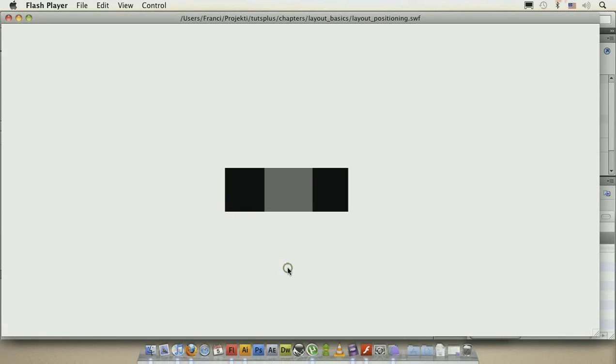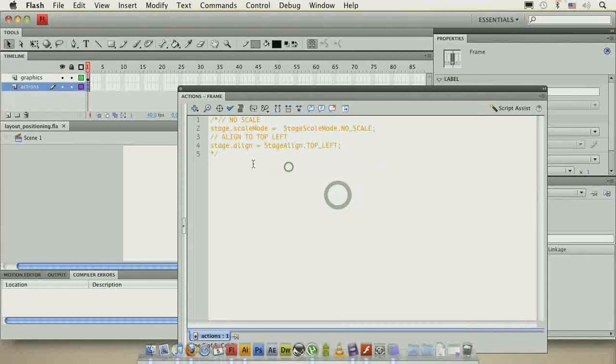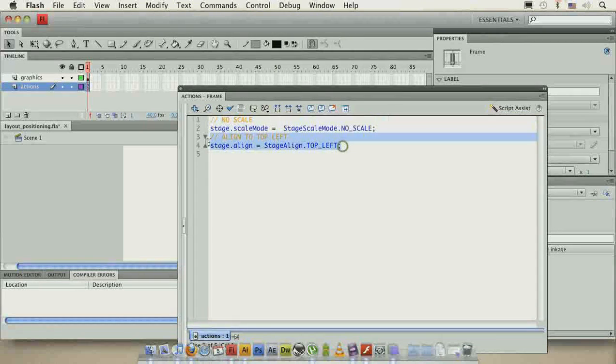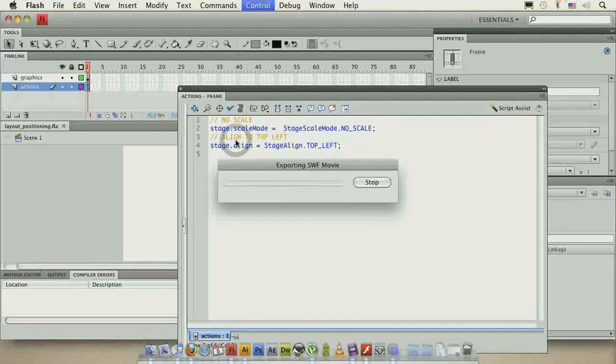So we want basically all the scaling or repositioning to be specifically programmed for a specific item at a specific time, right? So the way to do that is to add these two lines. stage.scaleMode = StageScaleMode.NO_SCALE; this prevents the stage from scaling, and stage.align = StageAlign.TOP_LEFT; actually aligns it to the top left. And with that in place,